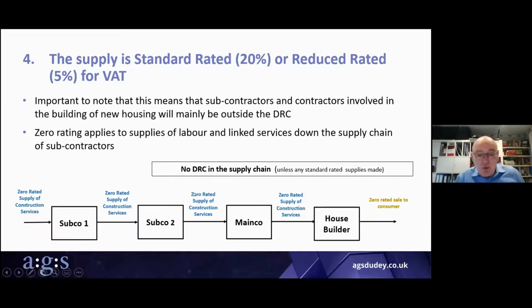There are a few exceptions, because there might be some standard rated services supplied in the course of new house construction. If they are, they would be subject to the reverse charge if all the other conditions are met. And also you get goods that are not normally incorporated in a new house being supplied, things like white goods, some fitted furniture, carpets, builders block items to those people that do this kind of work. Normal VAT would be applied there. This can be a bit complicated, so if it's a concern for you, HMRC's technical guide, to which again I've put in a link, will help, or please ask for advice.